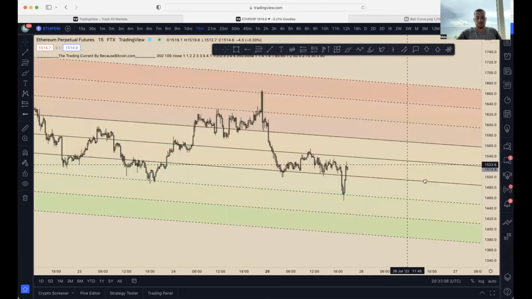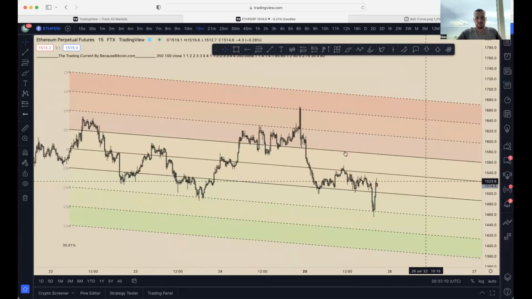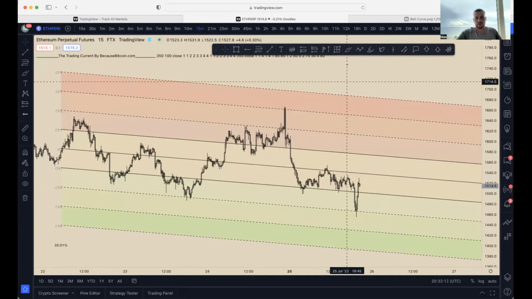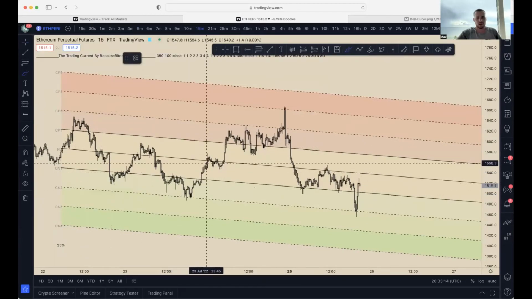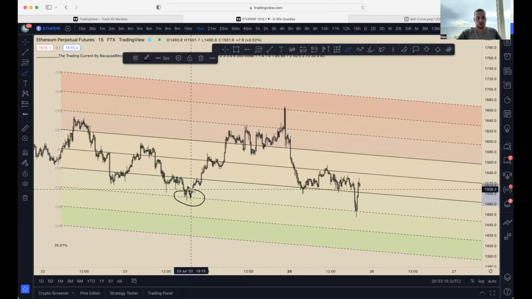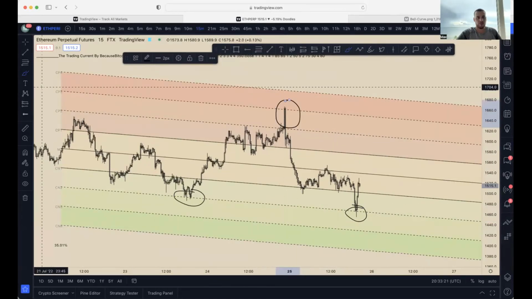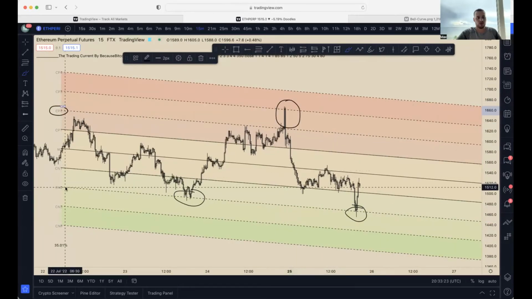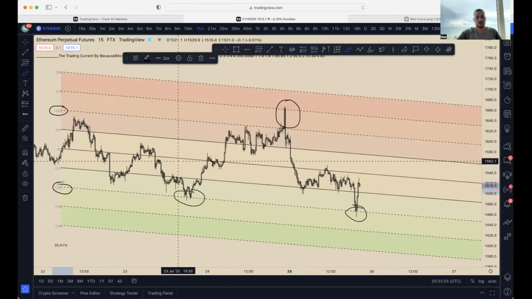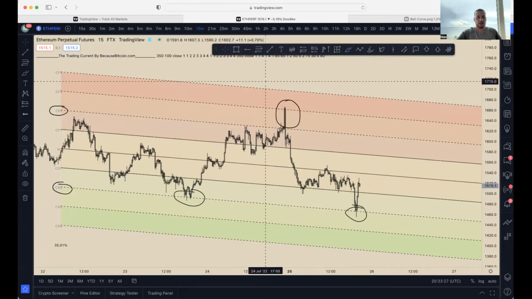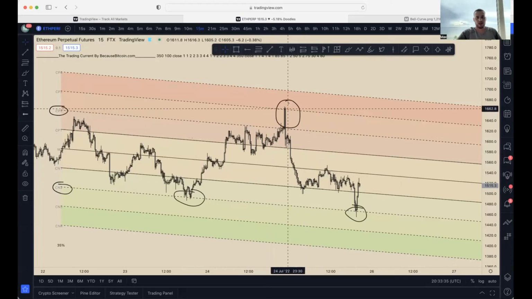Here's a 15-minute. Pretty interesting interaction here. You can see how much we respect this line, all these lines. When we get above CP2 or below CN2, it's statistical outlier data. It's not sustainable. It's absolutely not sustainable. So if you're looking to trade and you see something like this, you go, oh, this looks like a major